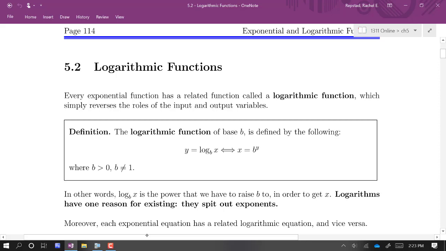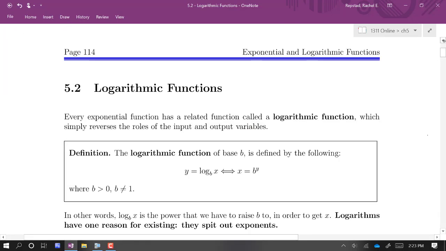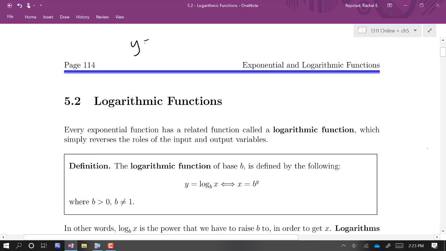All right, in this section, we're going to take a look at logarithmic functions. We spent some time talking about the exponential functions in the last section. Those were functions like, for example, y equals 2 to the x, right? The base is constant,